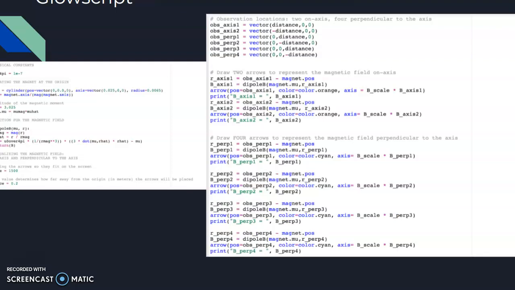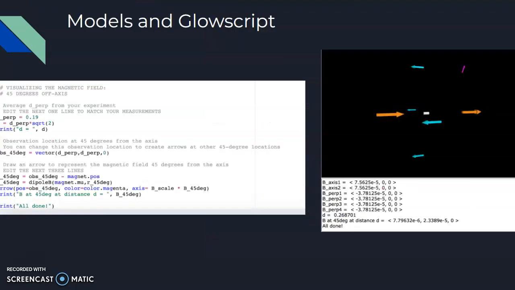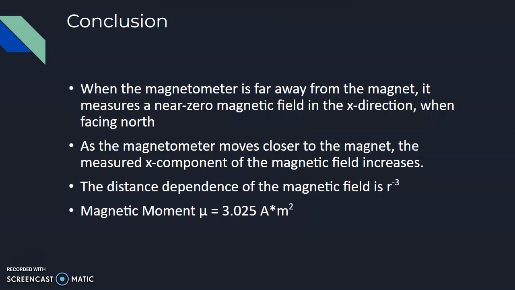And this is the Glowscript. It might be a little cut off because it couldn't fit in here. But this is the code, and this is also the model that came out when I ran the code. And the conclusion is that when the magnetometer is far away from the magnet, it faces a near zero magnetic field when facing north in the x direction. As it moves closer, the field increases, and the distance dependence is r to the -3,